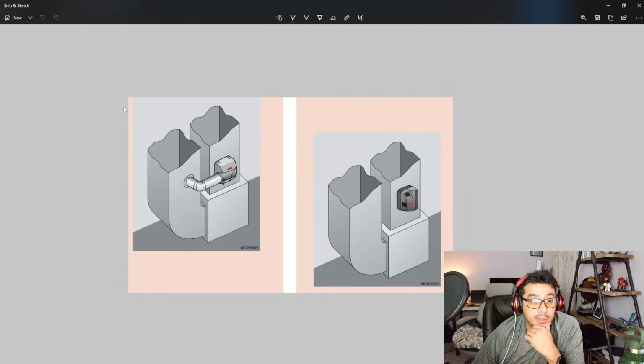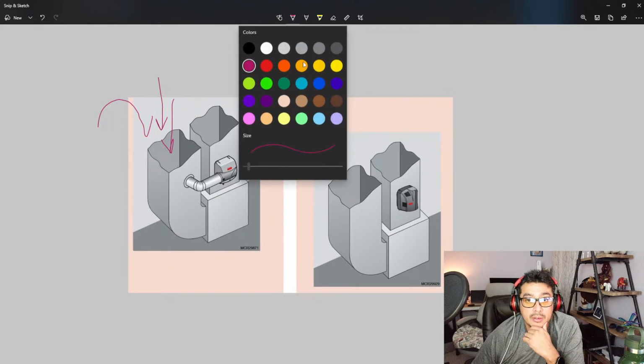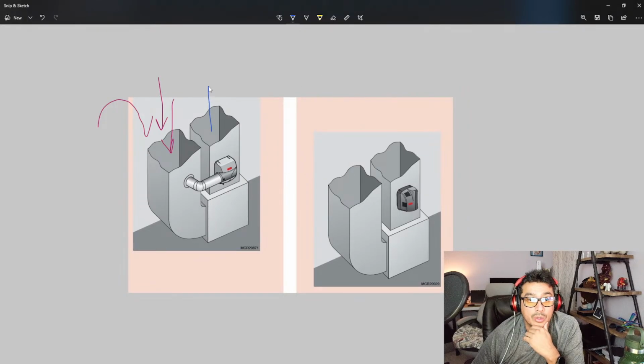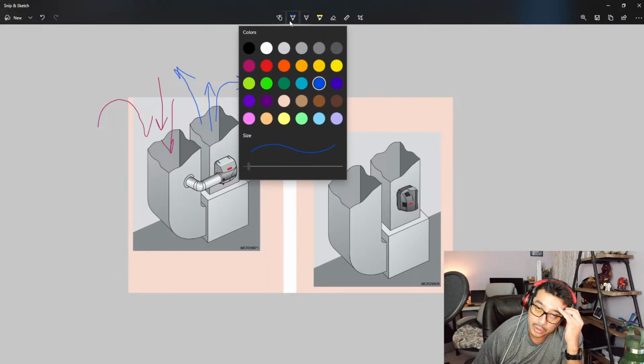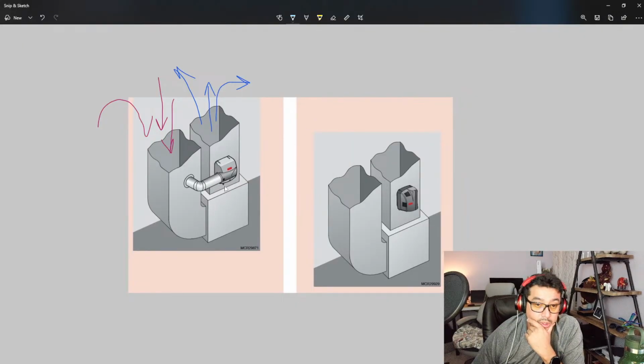We can use red for our air. So our air comes through here because this is my return, right? And then this is my supply. So air leaves my furnace into our home. And that's what it does. So we're cooling the space. And now let's use our little figurine. So this air is pushing this way and making